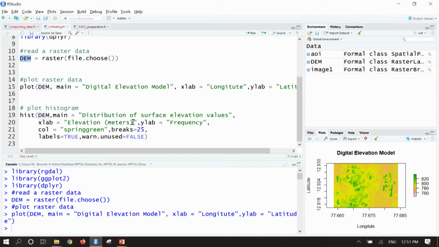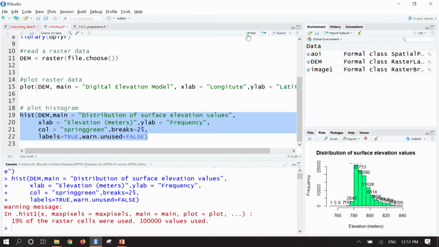Xlab is elevation, ylab is frequency. Since we are using a histogram, ylab will be the frequency, and we can give the number of breaks, the colors, and labels are true. If you run this entire command, the histogram of this digital elevation model will get plotted.